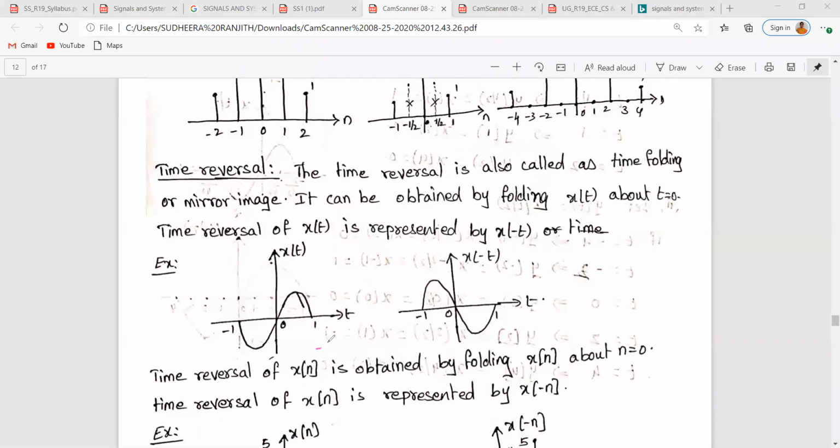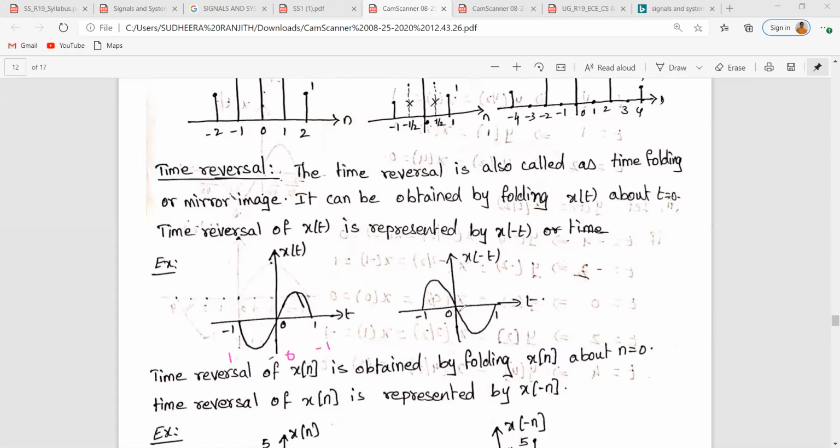Then it will be -1, this will be 0, and this will be +1. So draw it as it is. So at -1 it has the magnitude of 0. And at -0.5, if we multiply this one with -1, then that should be 0.5. It has the magnitude of +1. At 0 it has the magnitude of 0. Similarly, at t equal to minus half, it has the magnitude of minus 1. So represent it and try.